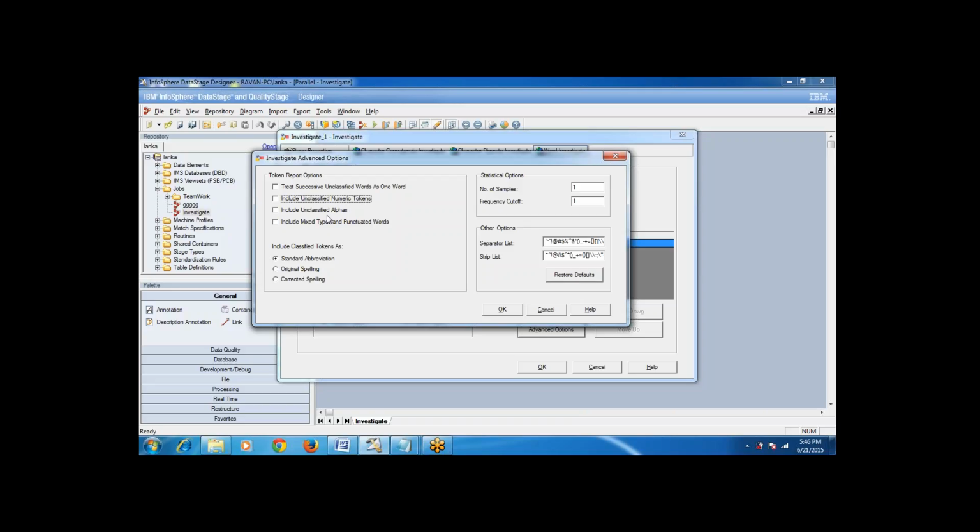So basically, first of all, we will discuss this one, include mixed types and punctuated words. If you are getting any kind of special characters in your input data and you want to display them, then you need to select this one, include mixed types and punctuated words. If you don't select this one,